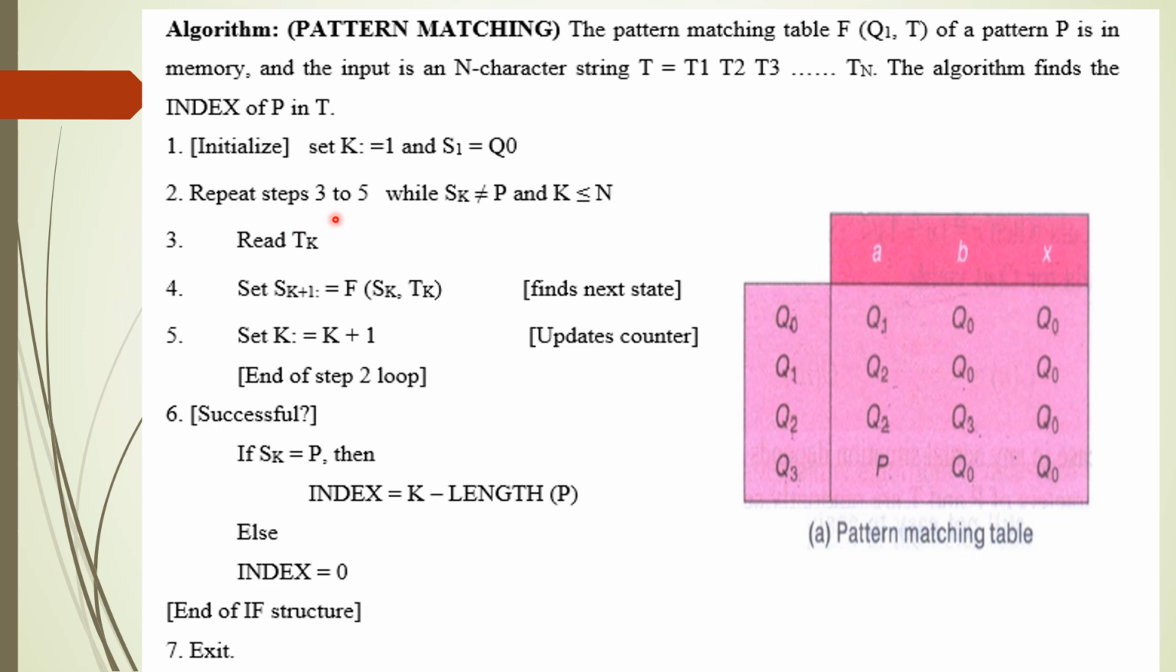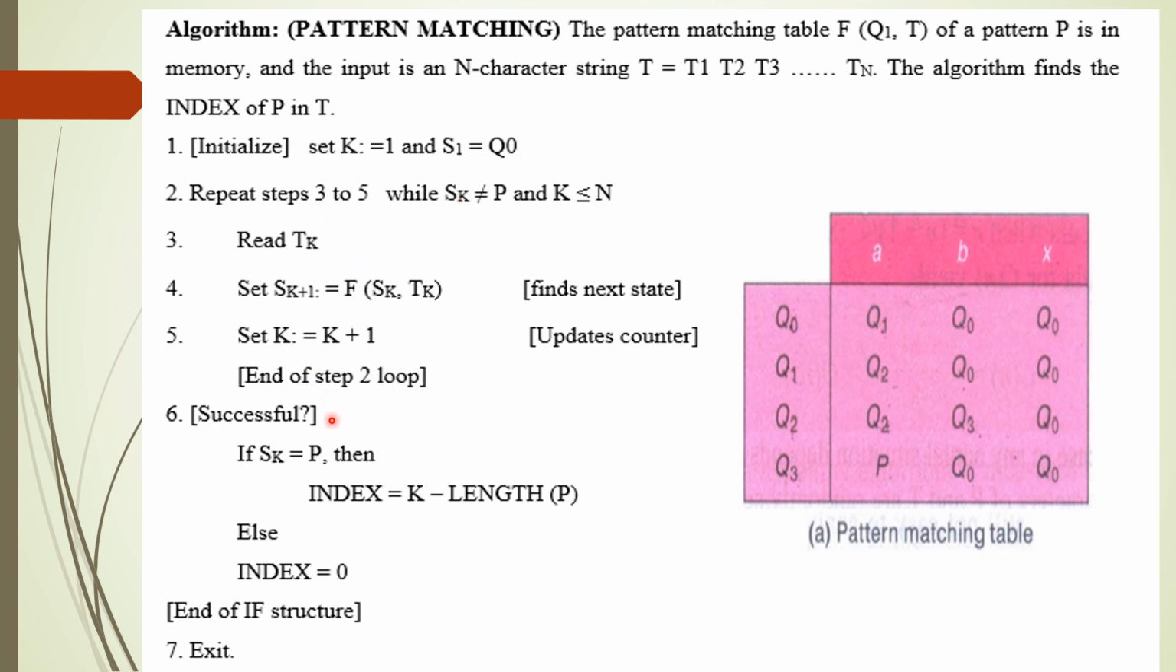Now again it goes back to check whether S2 is not equal to P. Of course, we are in the state Q1, it is not P, and k is less than or equal to n, so the condition is true. You will read tk, that is T2, and identify which state you will go to upon reading the next character of the text. Like that you keep reading